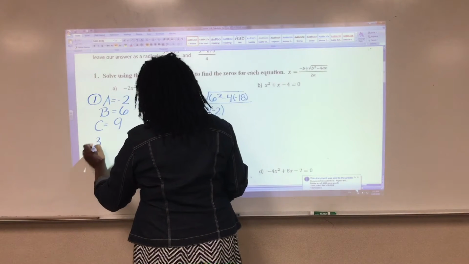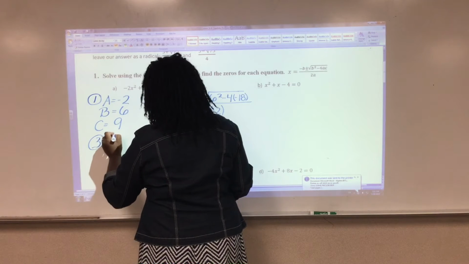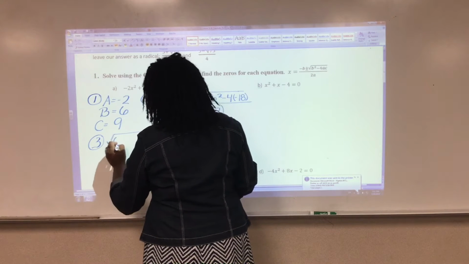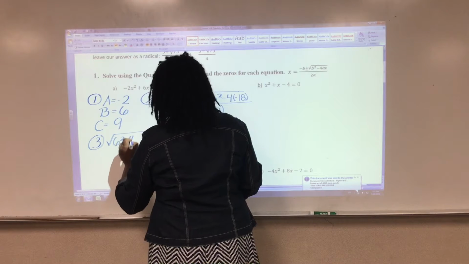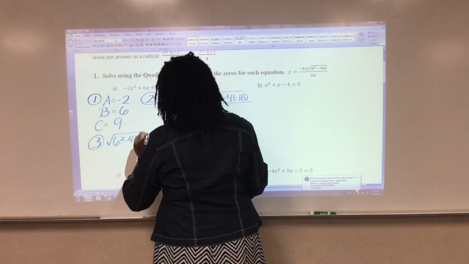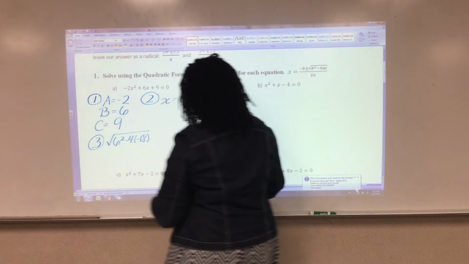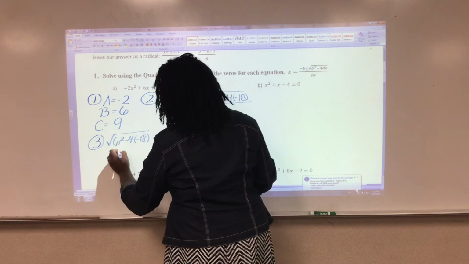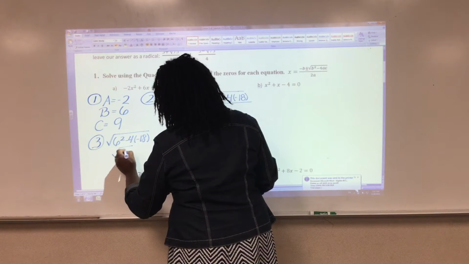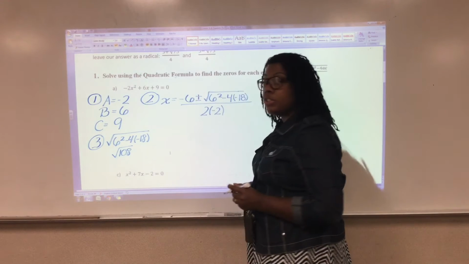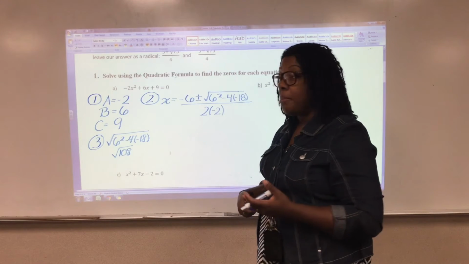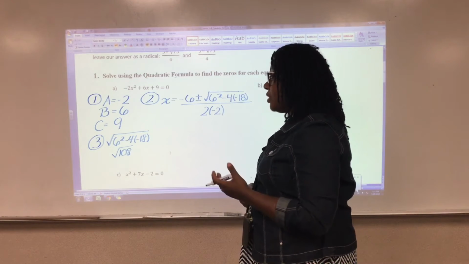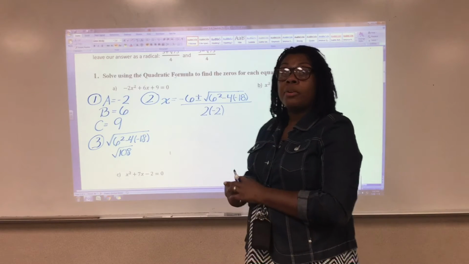So for step 3, we're going to write our square root and simplify it. So 6 squared minus 4 times -18. When we plug that into the calculator, that will give us the square root of 108. As we know from previous units, 108 is not a perfect square. So this is when we have to simplify our radicals. Remember,